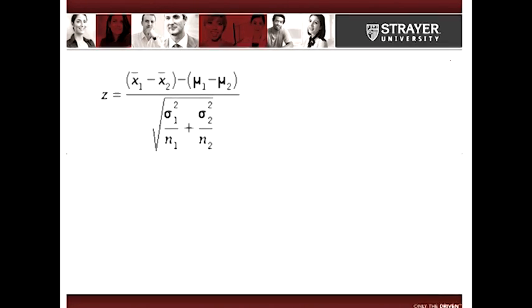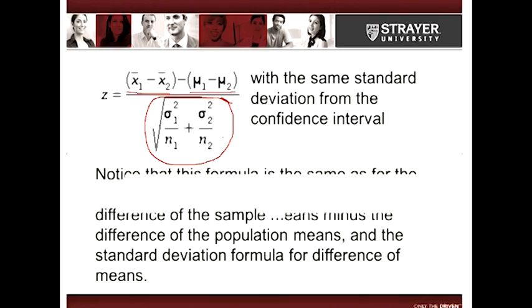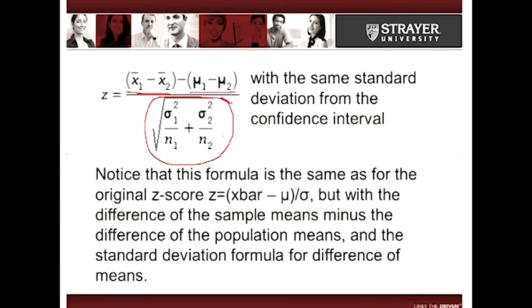And here is z. Remember, from the difference of the means, we are going to use this standard deviation. It's the same as what we used for the margin of error. And for the numerator, it's just the difference of the sample means minus the difference of the population means. Now this is essentially the same formula as what we used for the original z-score. Now the z was x bar minus